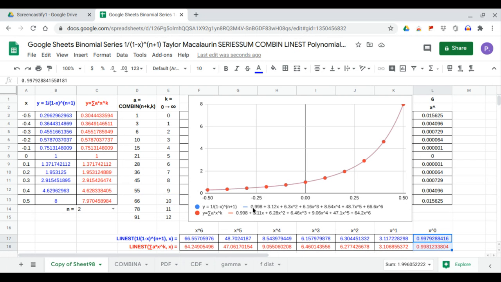Our coefficients match to our trend line. That's 0.998, 3.11x, 6.3x squared, 6.28x squared, 6.15 or 6.16x cubed, and 6.46x cubed, 8.54x to the fourth, 9.06x to the fourth, 48.7x to the fifth, 47.1x to the fifth, x to the sixth, you have 66.6 and 64.24. At n equals 3,